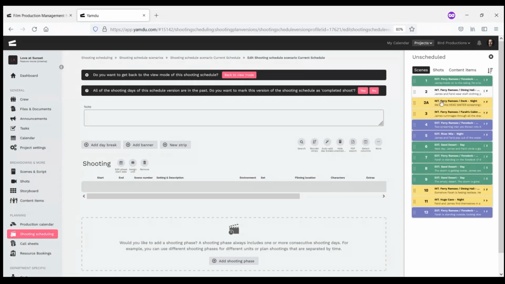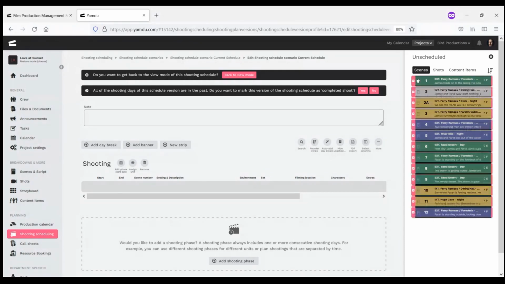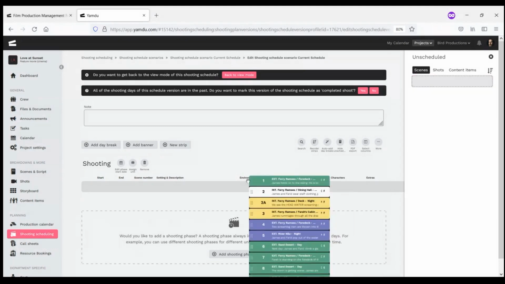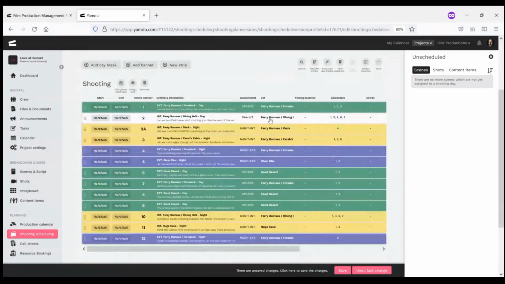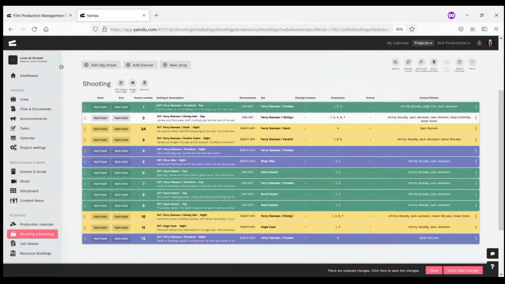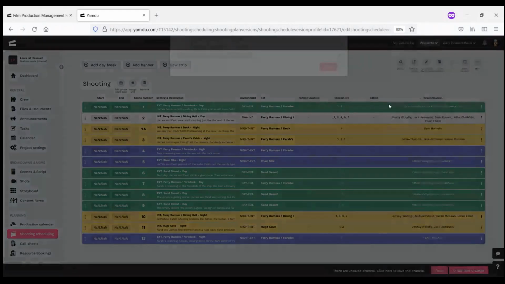You've imported your script, so you have scenes. This is a strip board. What you need to do is select all of the various scenes that you're working with and pull them in here. So now we have a strip board with all information attached, or some information attached in these columns right here. We can see very clearly the information, scene details, the actor information, and we can actually select the columns,